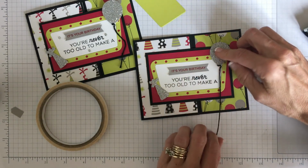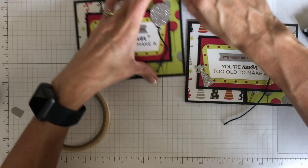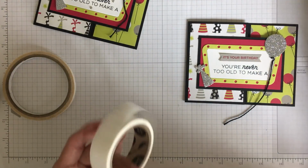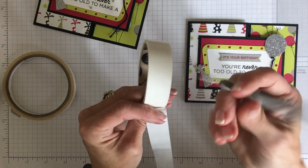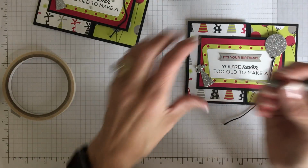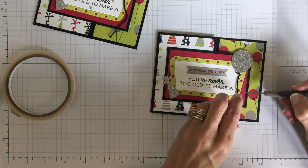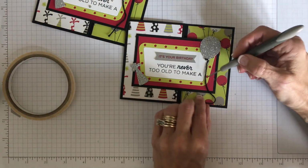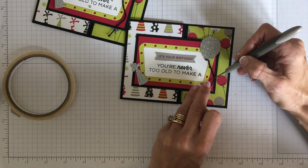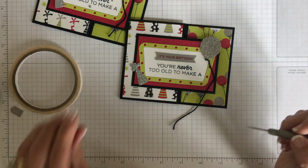There we go. And then I wanted it to have a little bit of a stationary string coming from here. So what I did is I used those micro dots again, or you could use just half of a regular glue dot, roll it up into a little bit, and I just put it over here on the side of the card. Then I'm able to take the twine and pull it over into that glue dot, and then I'll take another glue dot